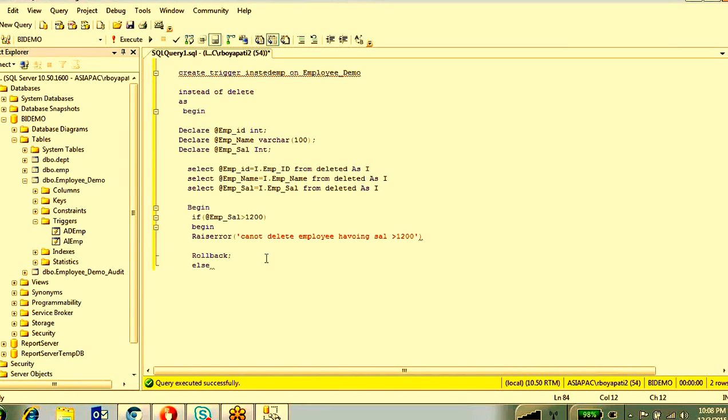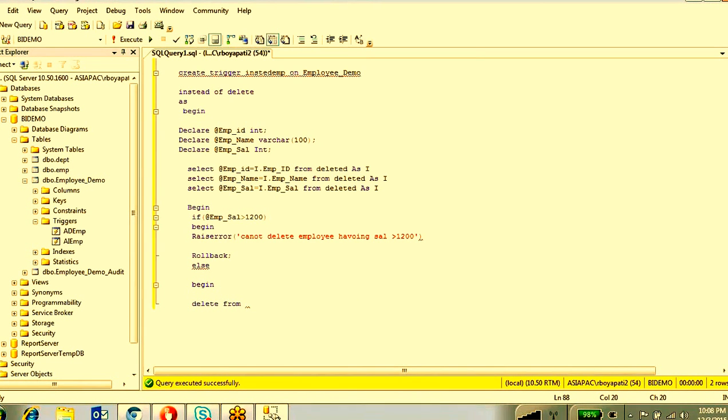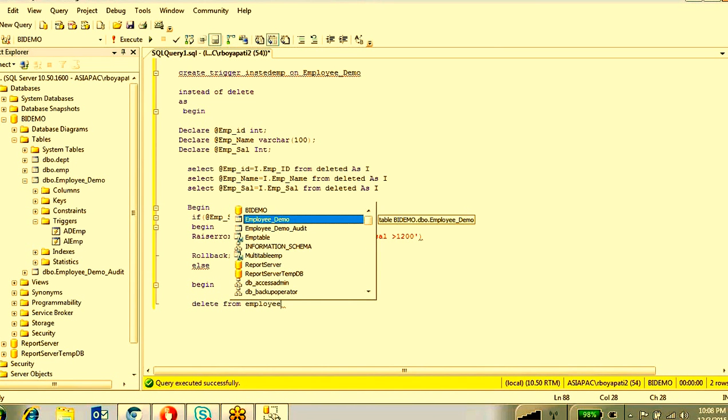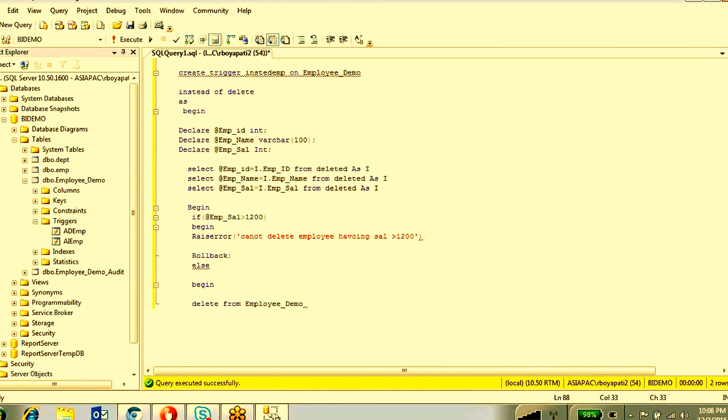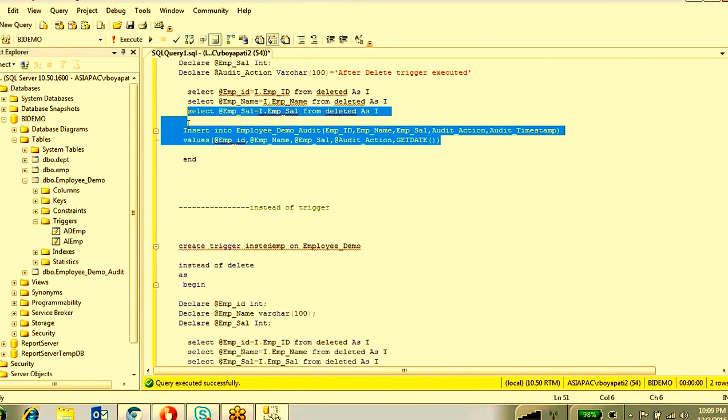Else means if it is not greater than 12,000, what am I going to do? Else part, begin, delete from employee demo. And if you want to insert data, then you can insert this data.